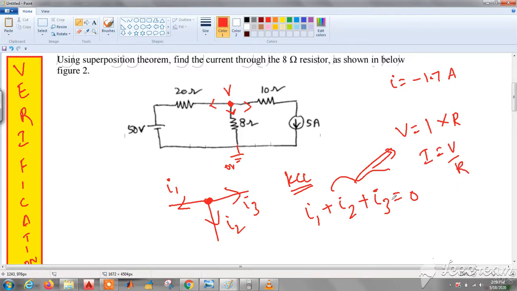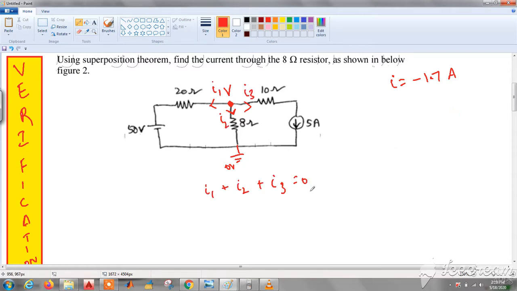If we have the value of current, we'll directly plug in the value of current. If we don't have the value of current, we will expand it in terms of V by R in this equation. So let us apply. So I1 plus I2 plus I3 is 0. So coming first to I1, the current flows from higher potential to lower potential, as I said, and we are considering V at higher potential always.